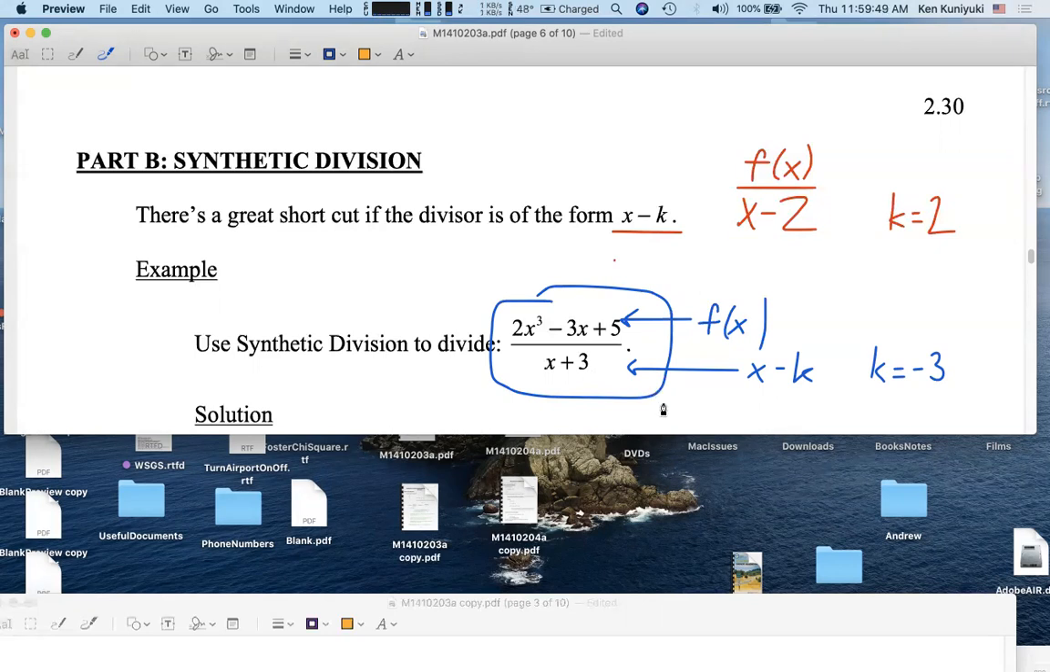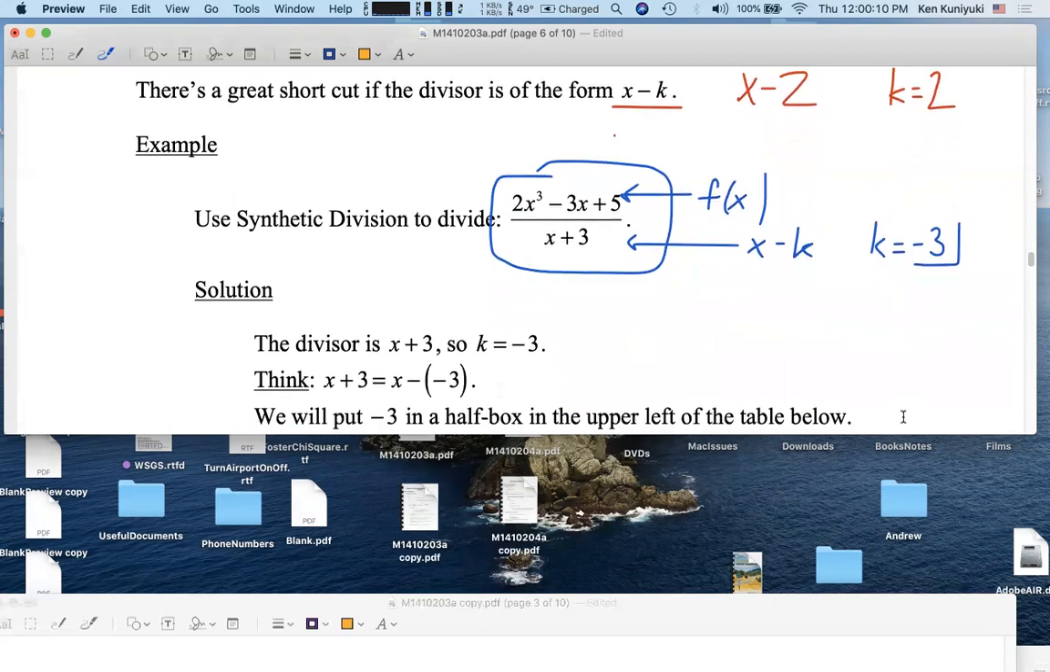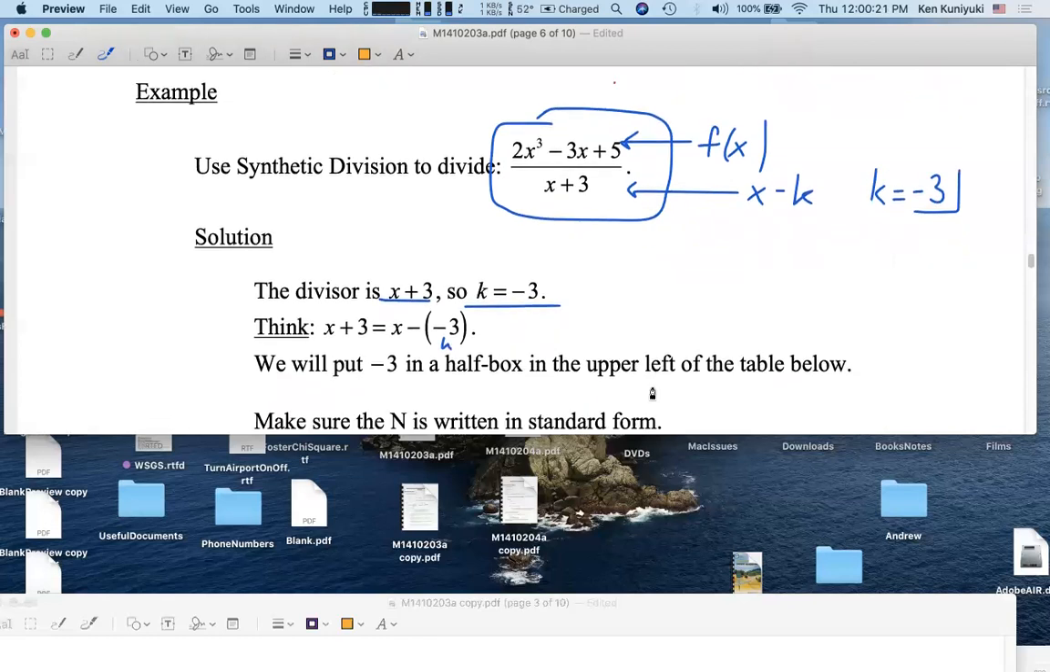But again, synthetic division is an alternative to long division where you're dividing a polynomial in x, say, f of x, by something of the form x minus k. So when you write down k, there is a sign flip. This value for k, I'm going to put in a half box. I call it a dunk tank, like at a carnival. Again, if you're dividing by x plus 3, k is negative 3. Because x plus 3 is x minus negative 3. K is negative 3. So here's what we're going to do. I'm going to put negative 3 in the dunk tank, and we're going to take the leading coefficients of f